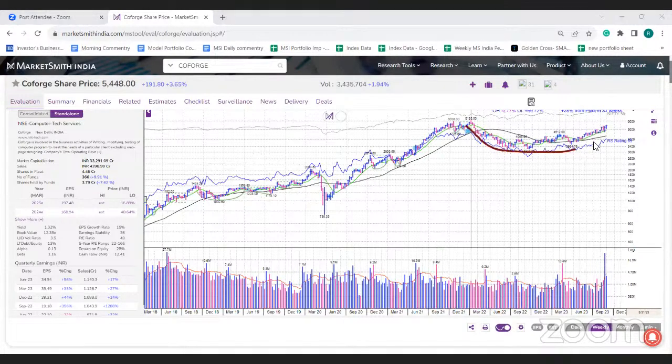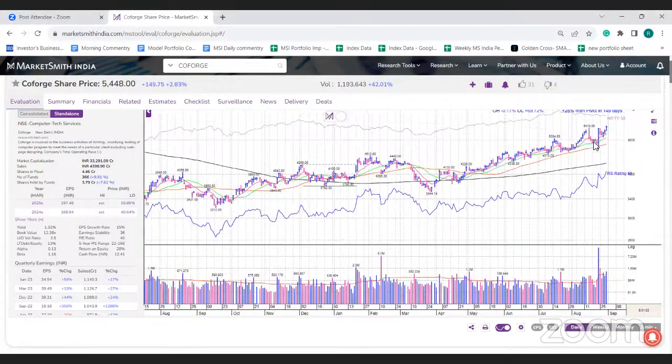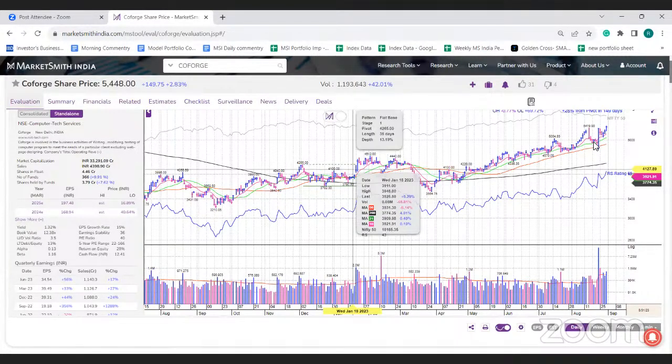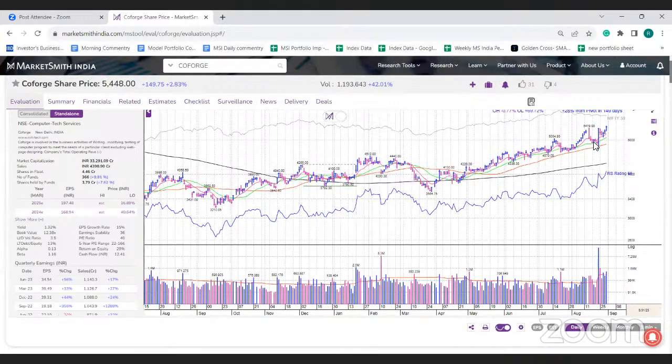The PAT was a bit, थोड़ा margin के side miss हुआ था, but overall the earnings were good and even the deal wins are very good for the company, right? And if you look at the outlook as well, it is very well placed for growth. It has multiple long-term contracts with some of the top brands in the world as far as technology contracts are concerned. So fundamentally, growth-wise, stock में कोई issue नहीं है, but technically it is looking a bit extended.